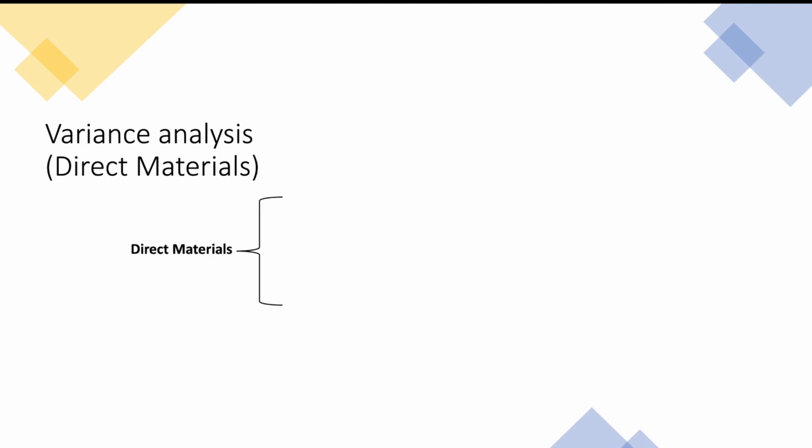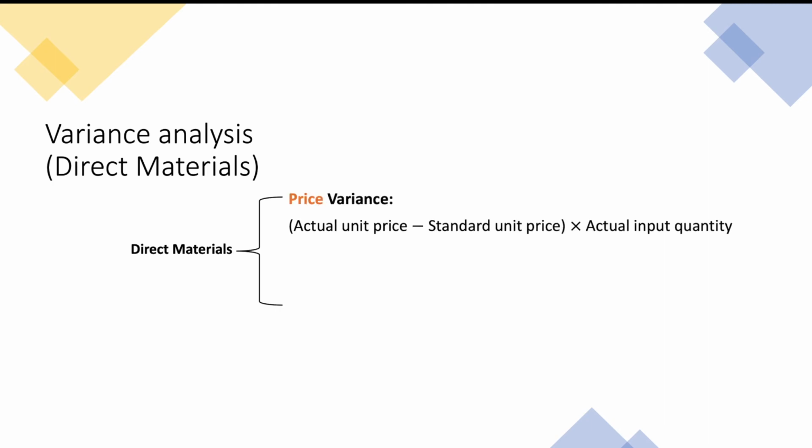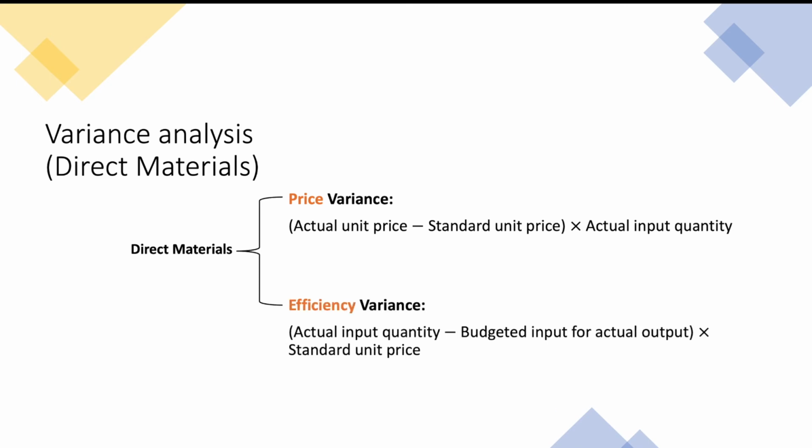Variance analysis in direct material. This is more important as compared to the other ones. The price variance is actual minus standard unit price, multiplied by actual input quantity. The efficiency variance is actual input quantity minus budgeted input for actual output, multiplied by standard unit price. Now, first of all, we'll be doing